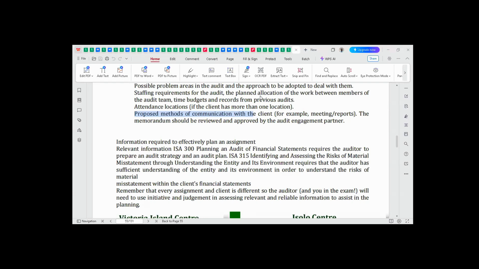We are still on chapter 7. The next we want to look at is information required to effectively plan and audit. Now, there are two types of information you need. You need both the relevant information and the non-relevant information. What do I mean by relevant? What do I mean by non-relevant? The relevant information,